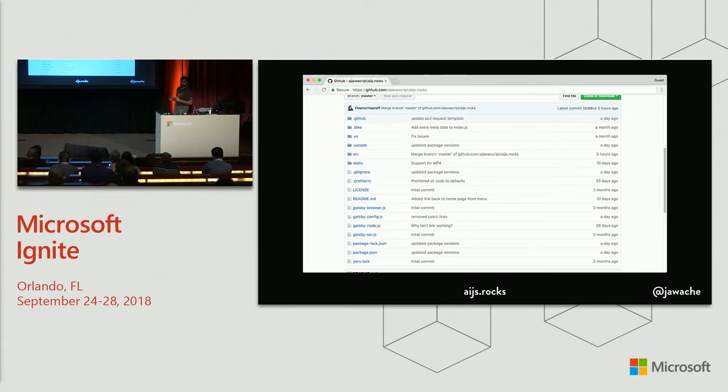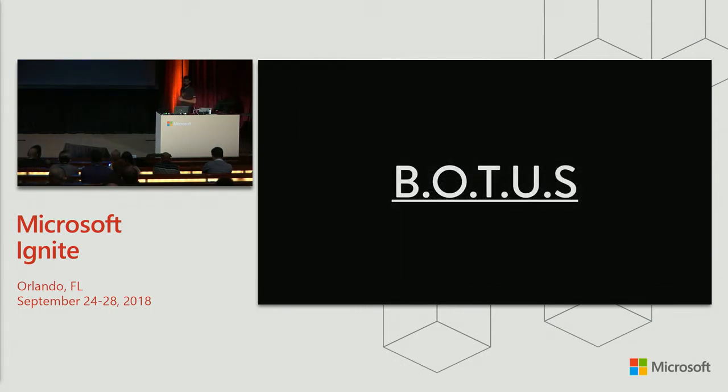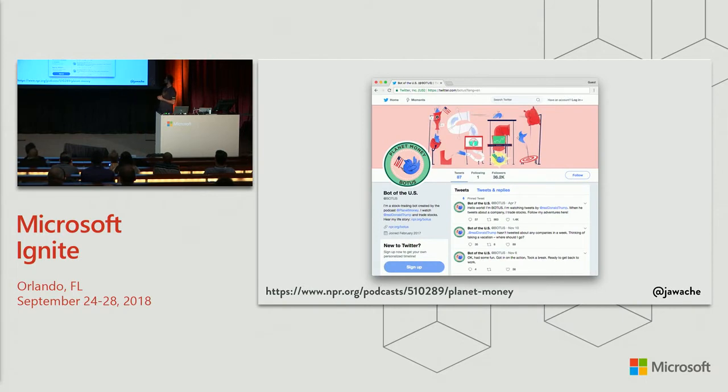Right. First application. Botus. Okay? So Botus is, has anybody listened to the Planet Money podcast? Anybody? Do you know Botus? Okay. So Botus is an application they made kind of late last year where they discovered that if Trump tweeted something positive about a company, the stock price would go up. And if he tweeted something negative about a company, the stock price would go down. So they then thought, well, wouldn't it be cool if we built a trading bot which can make trades based on those tweets? And that's exactly what they did, and released it on Twitter as Botus.